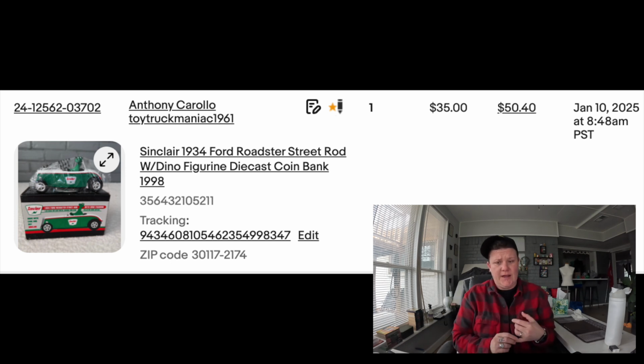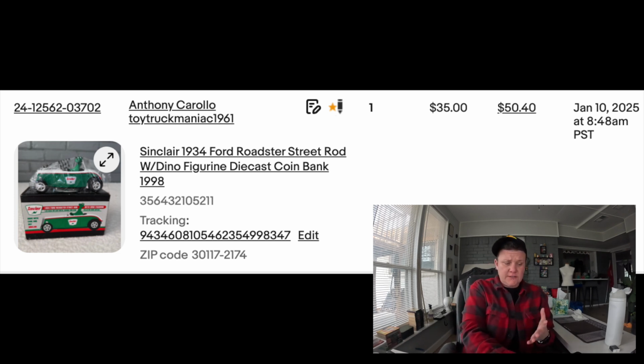The next one is going to be a little roadster car. This one was picked up at an estate sale. That one sold for $35 on eBay. So after all fees, we made $32.70. We paid $10.71 for the item. So we made